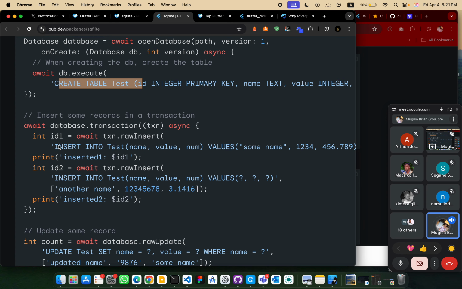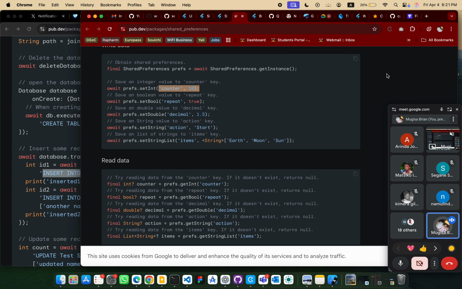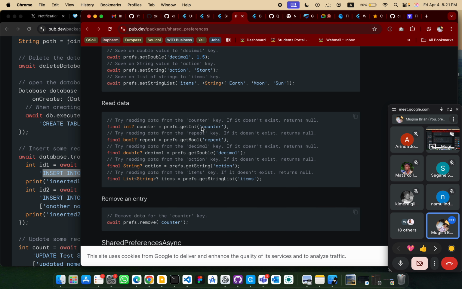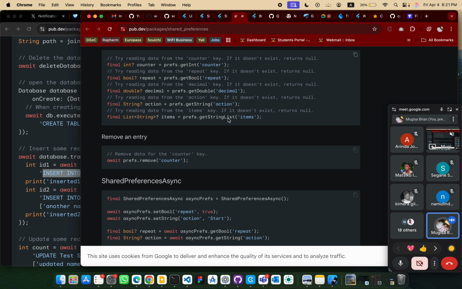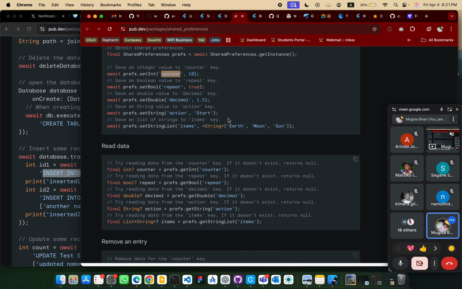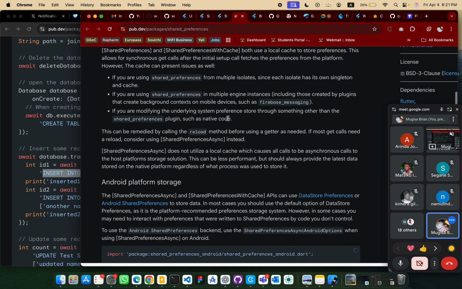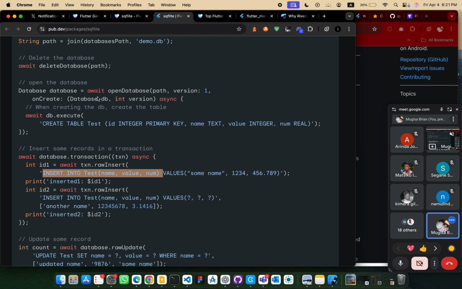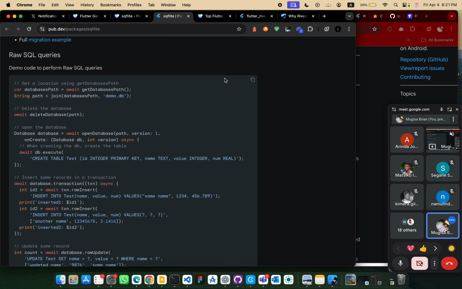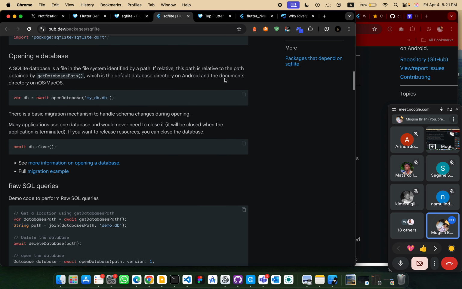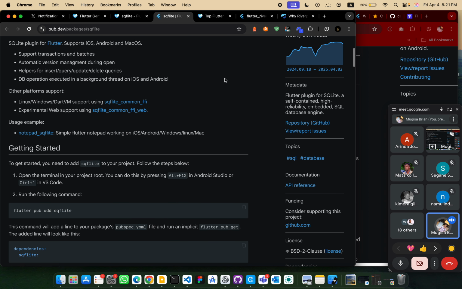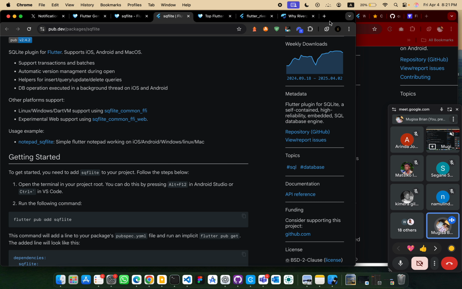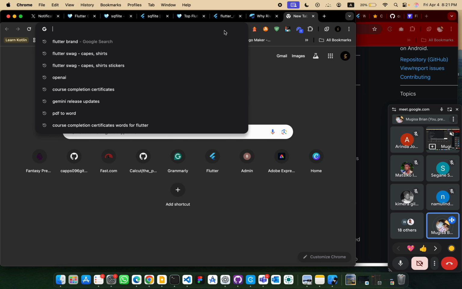For it, you can see it uses actual SQL to store values, whereas this one just uses Flutter functions to store values. But all these are stored in your app, on the user's phone. Then if you want this data to be the same across multiple devices or platforms, that's when you use packages like Firebase, the cloud database,